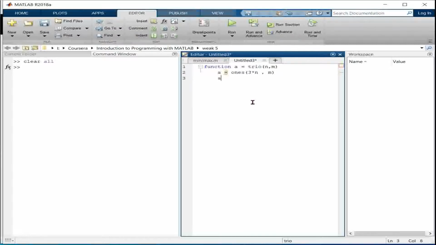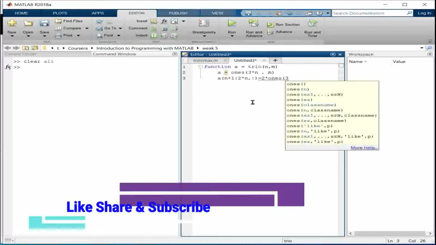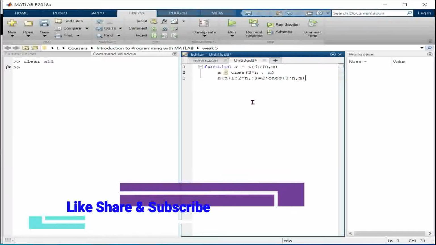Now a of n plus 1 to 2n rows, all the columns, will be 2 times ones of size n comma m.